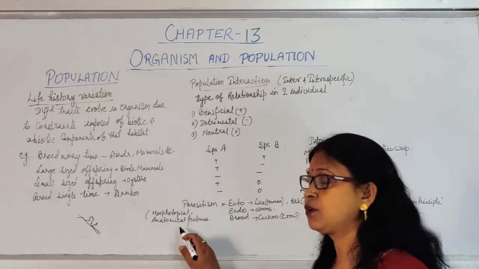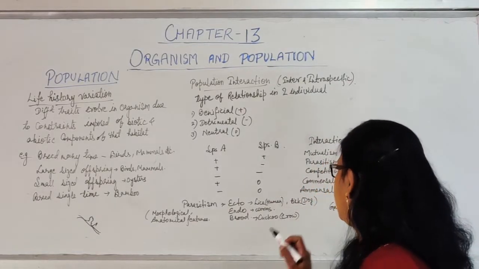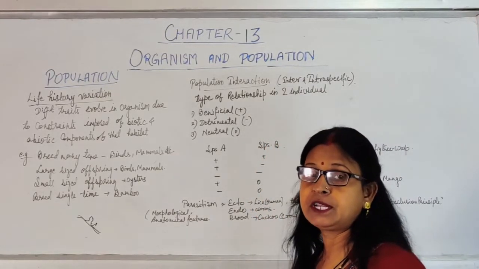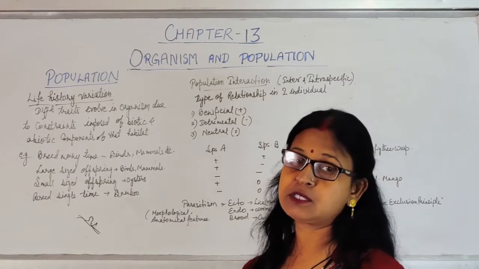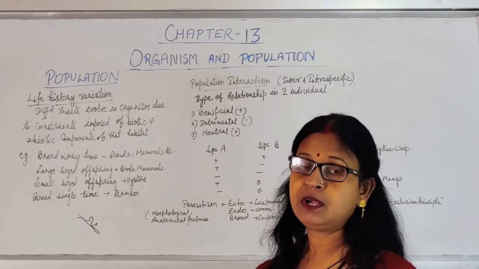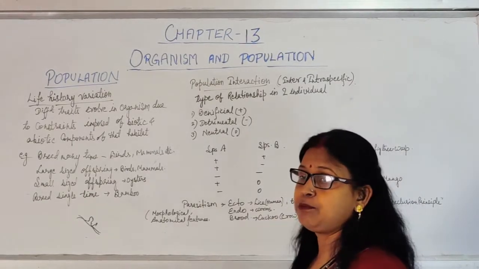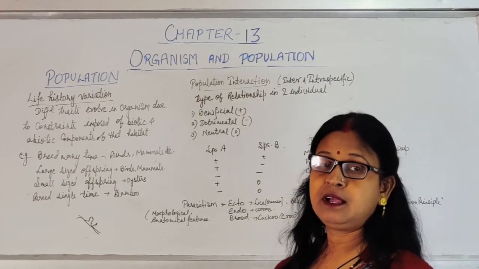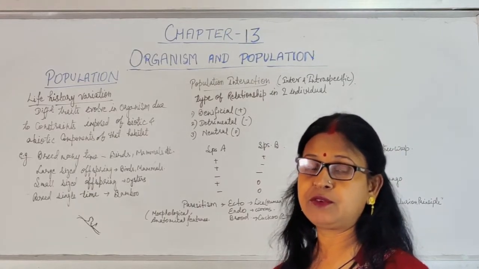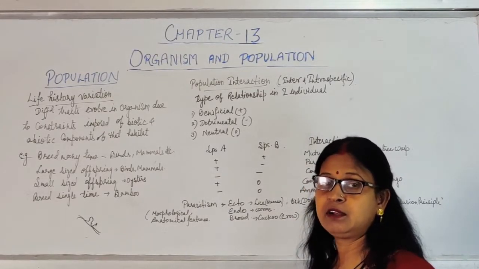In this way, there are different types of morphological and anatomical features, which are specialized features for the parasites. Now, the next type of interaction is competition. In this type of interaction, both organisms are at a loss because both of them are struggling or competing for the same resource. For example, light, space, food, all these things are required by two or three different types of organisms, and that's why that is known as competition, in which both are in loss,